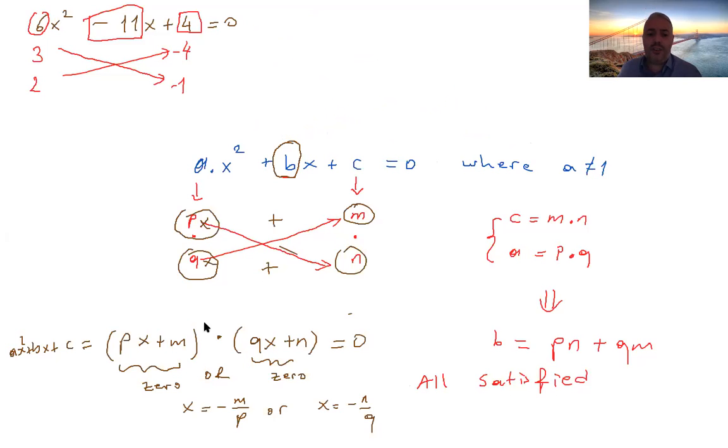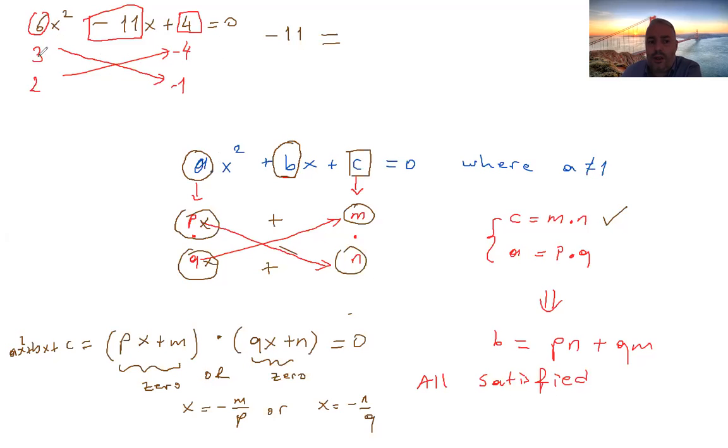Let's check the rule one more time, firstly. The rule is, we will find this constant number, product of two numbers, m and n. So I am saying that 4 is equal to -4 times -1. Is it true? Yes, -4 times -1 is 4. Now a is equal to p times q. So 6 is equal to 3 times 2. Is it correct? Yes. Now, the other rule is coefficient of x, which is -11, must be equal to sum